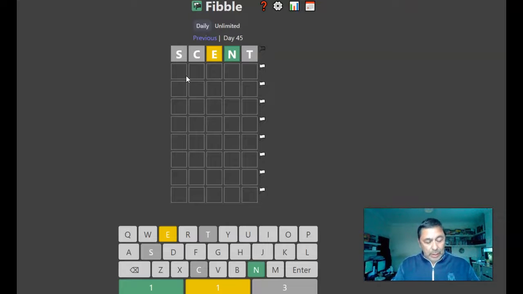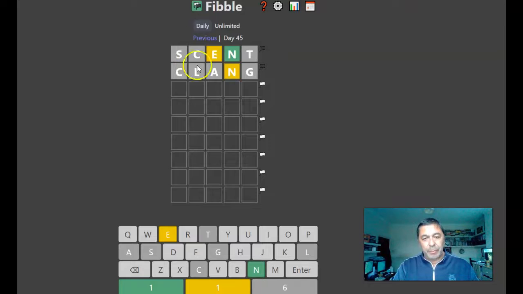So, right, let's pretend the N is in the right place. And what we just had clang in one of the Squaredles, I think. Right. So that N could still be in the right place, and it could be that none of those letters are there at all. Well, I was going. No, I can't. No, I don't. Maybe